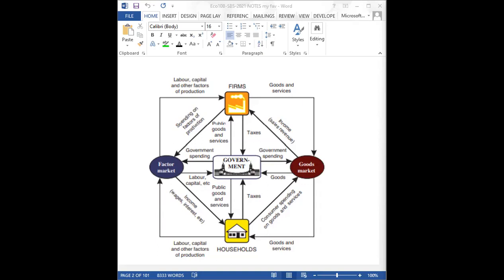These are the four main factors of production that would be in existence within households, which firms need in order to produce. So firms are basically entities which are profit driven. These are entities that try to produce what the households require, and in turn, they would want to make sure that they are maximizing profits. So the objective of the firms is to maximize profits, and the objective of the households is to satisfy their various needs and wants. So the firms would try to come in by solving the problems on behalf of the households,